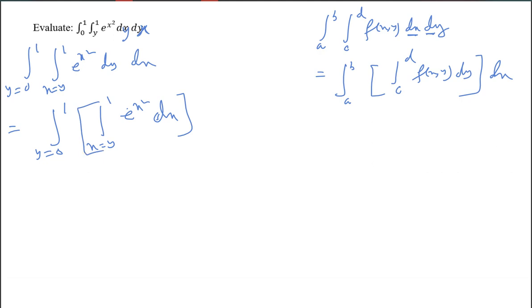And then dy. Now see, if you do it like this, the integration of e to the power x square will be a little bit complicated to integrate. So in that case, what we will do is first see the region, whether I am able to change the order or not. See the region. This is x, this is y.